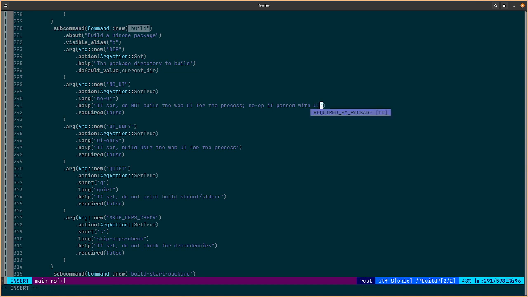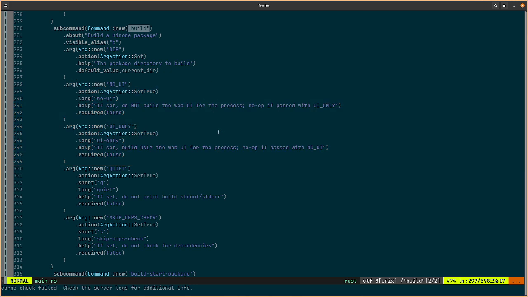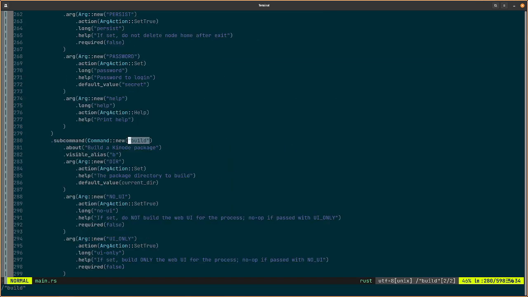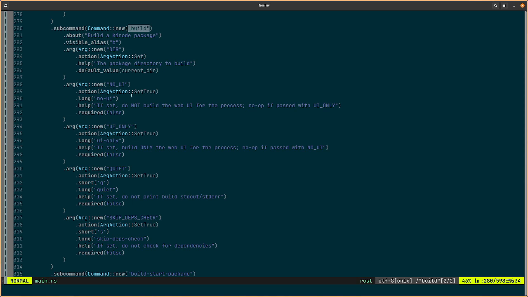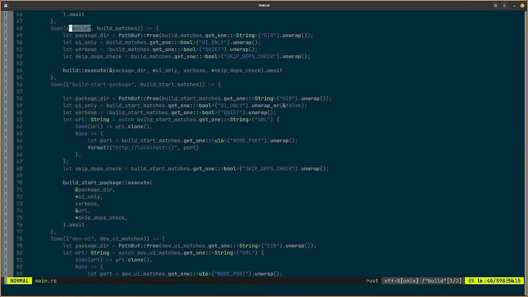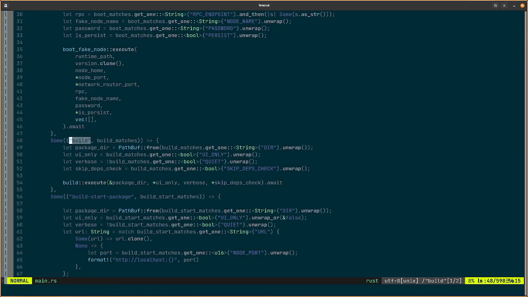With no UI. Okay. So now if we were to build this, we would see these flags right now, but they wouldn't do anything. Or, I'm sorry, the UI only, which we've already defined, would do something. No UI would do nothing. So here is where we define,